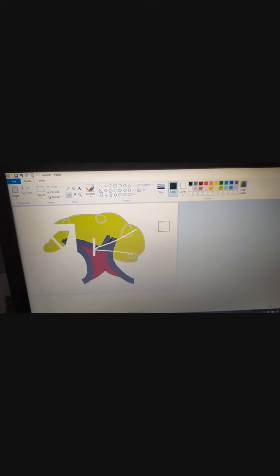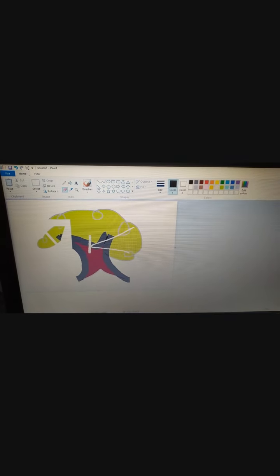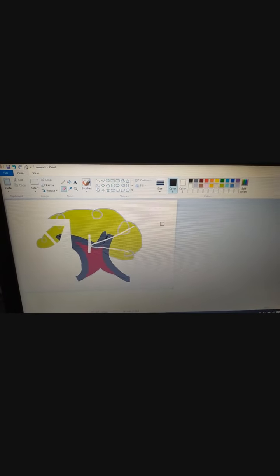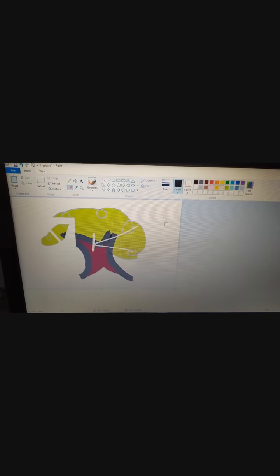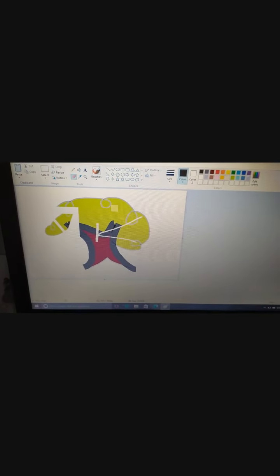See, the size of the eraser will be increased. If we click Ctrl minus, then it will be decreased. If we click Ctrl plus, then the size of the eraser will be increased. Okay.